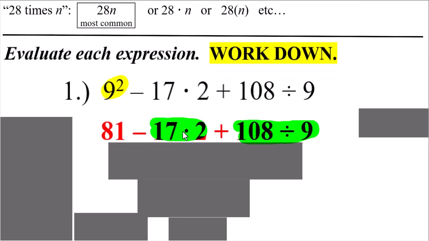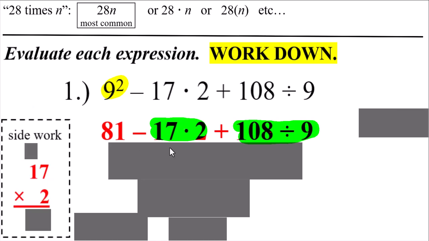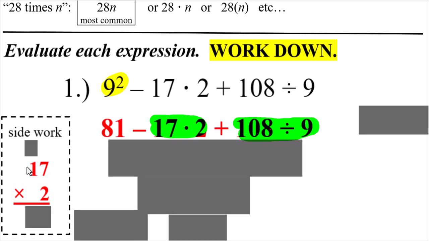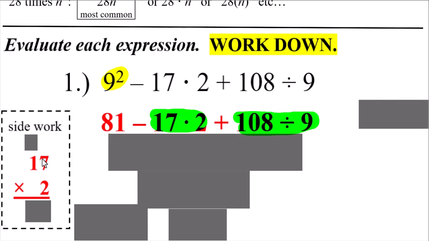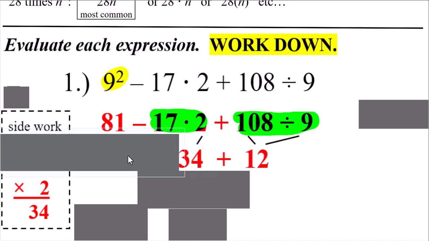So here we go. 17 times 2. Maybe you don't know what 17 times 2 is. If not, go off to the side and do the type of work you did in elementary school. 7 times 2 is 14. Carry the 1. 2 times 1 is 2. Plus 1 is 3. After you get that result, you're going to go ahead and bring it straight down underneath